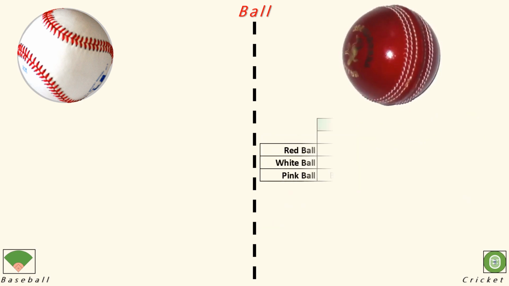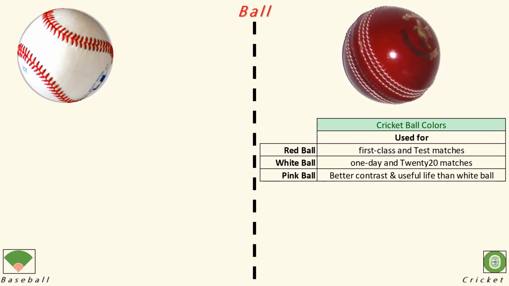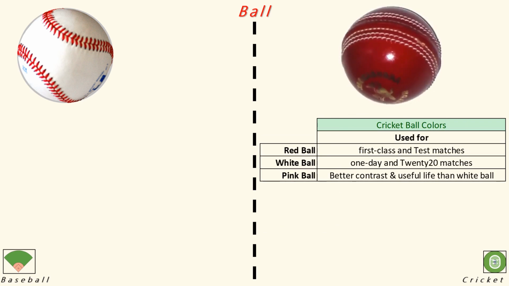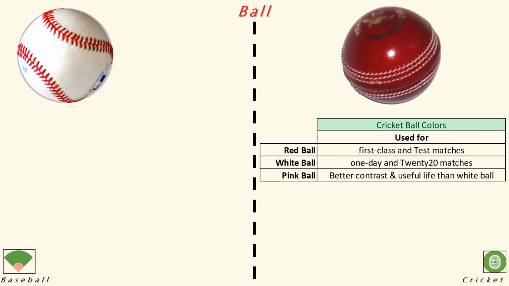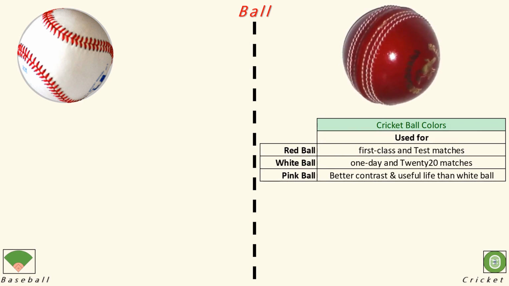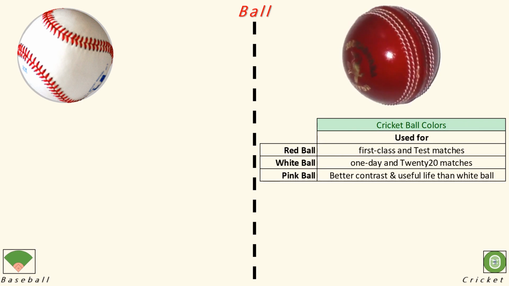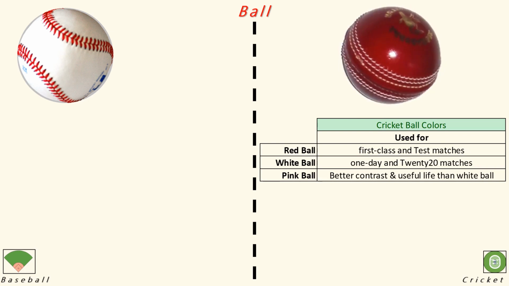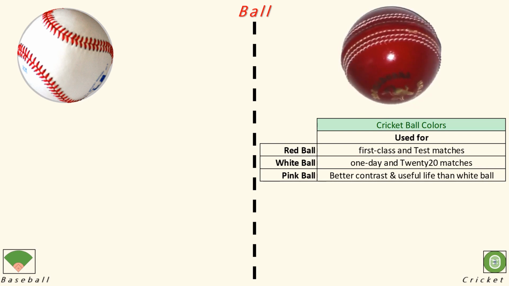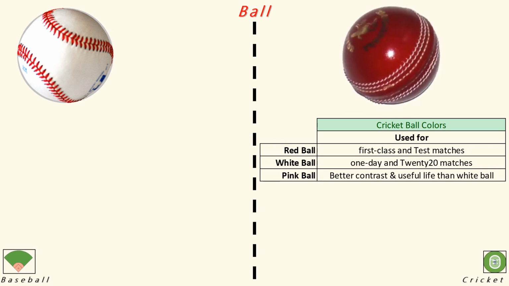A cricket ball can be in one of the 3 colors: red, white and pink. Compared to the red ball, at night, the white ball remains visible under the floodlights. Therefore, it is preferred during the day and night matches. However, the white ball deteriorates quickly. So, the pink ball was introduced in 2010 for better contrast with players' clothing and improved night visibility during the day-night